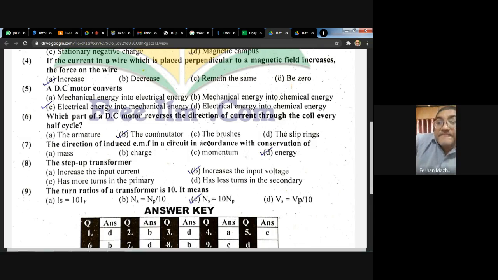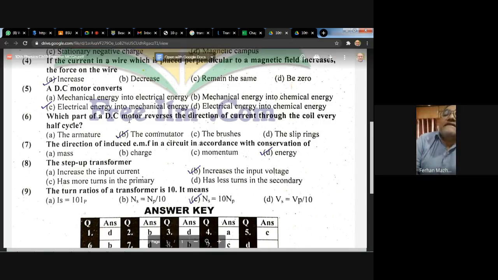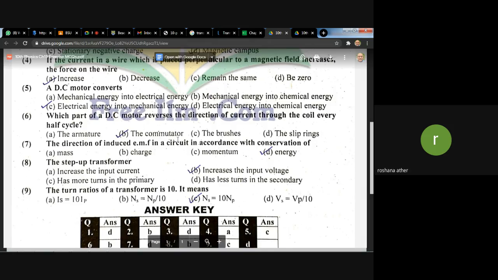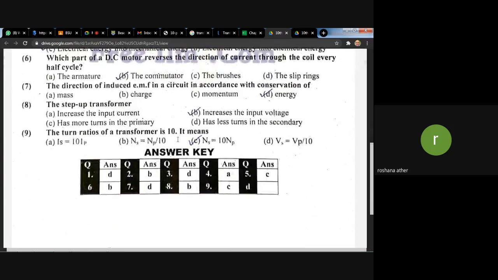It's a little tricky. In this MCQ, he has not told us what kind of transformer it is. That's a big problem. So the turn ratio is, he chose C, but